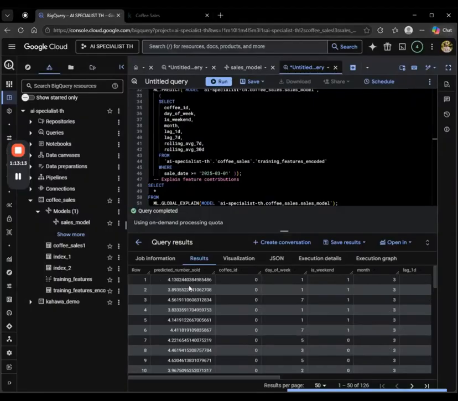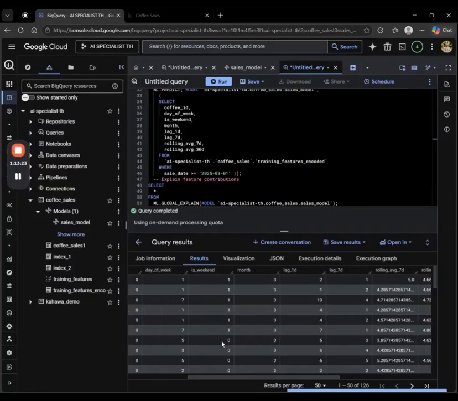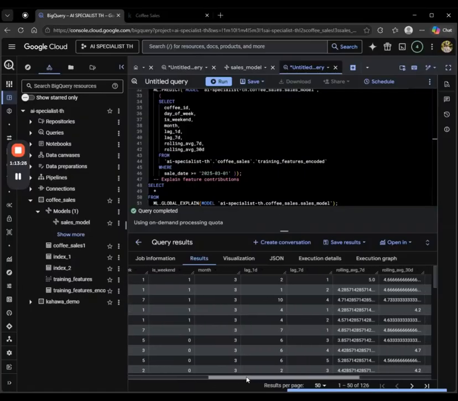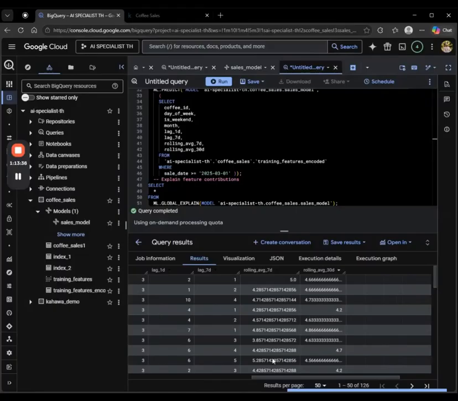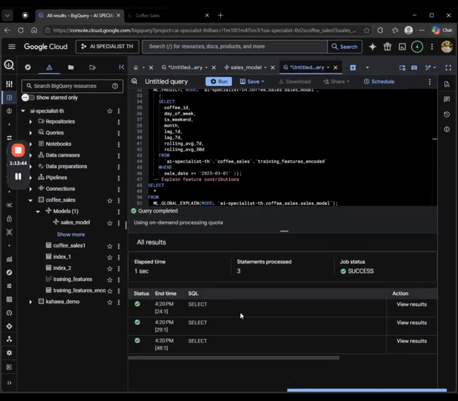As you can see, we have our predicted number of items sold. Because we didn't really include it, but the day of the week, we had a sale on the weekend as well. In the month, that product specifically, the lag values and rolling averages. So awesome. Our model is healthy and it can make feature contributions according to what we would like to query it later. Right. From here, I want us to jump into Colab and work on a few things before